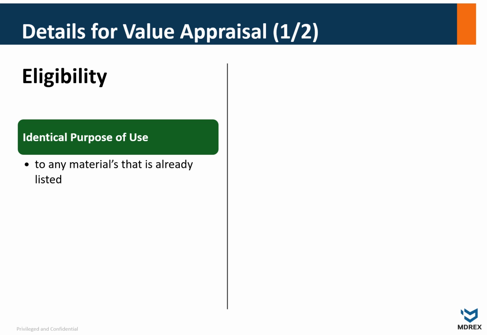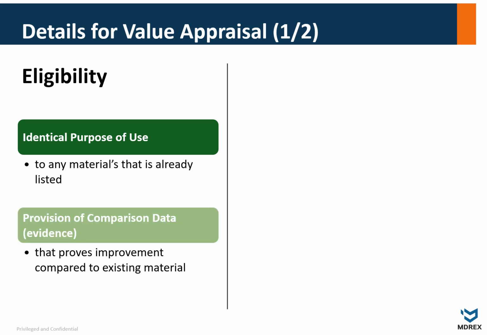Now, second, as you could guess, comparison data should be presented as evidence. This is to prove the target material's improvement, which here I suggest to call value. Depending on how much and how significant a value the target material can bring, applying a premium price or not can be considered. What types of evaluation are there for value appraisal then? There are two, depending on the type of evidence.